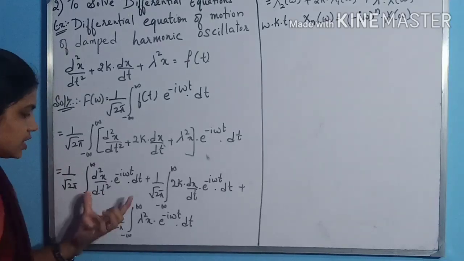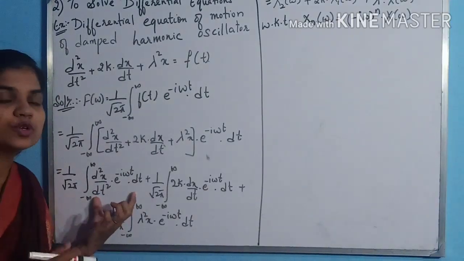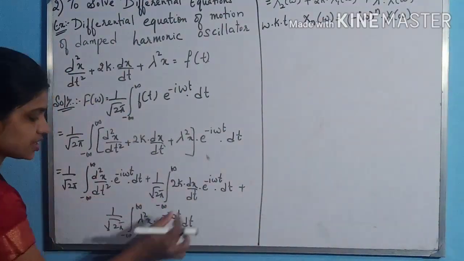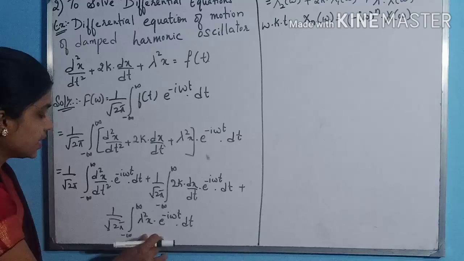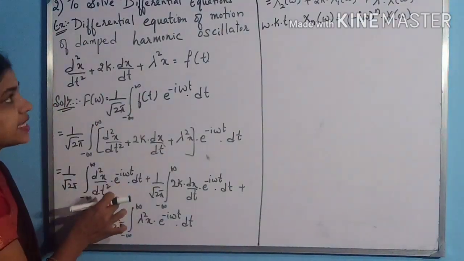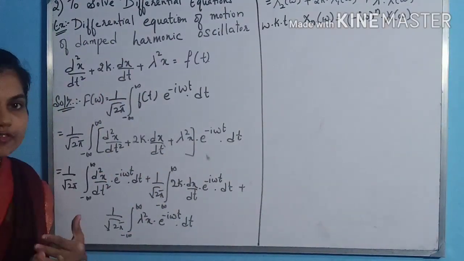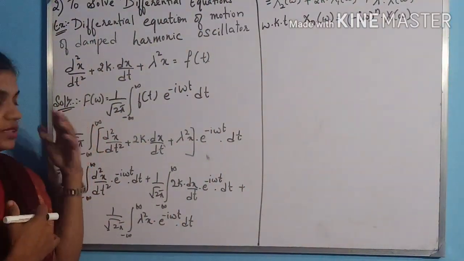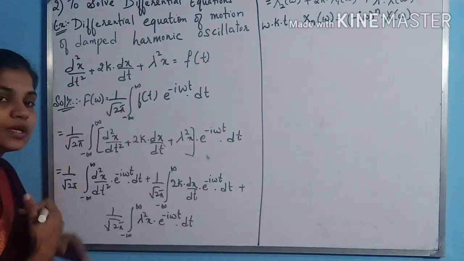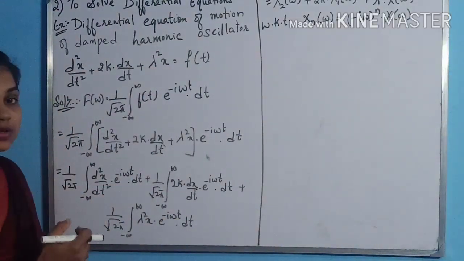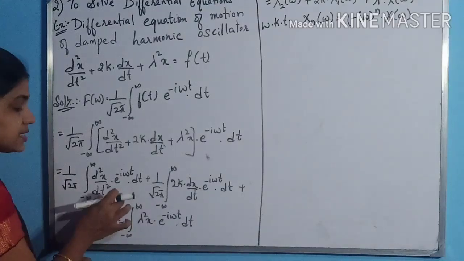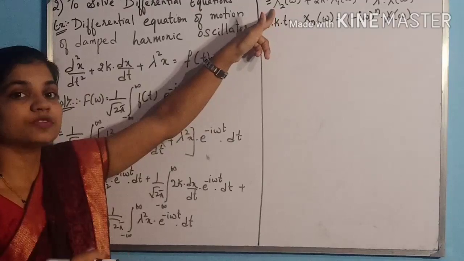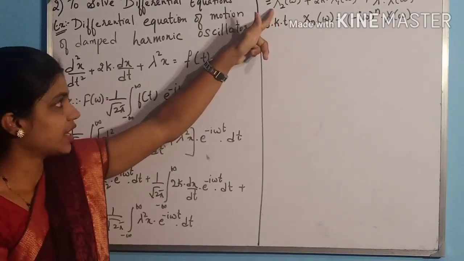Now if you observe, this is the Fourier transform of a derivative. So this is the second derivative, first derivative and not a derivative. Right? So this I can write as x2 of omega. I can't write f2 of omega because we are denoting f of omega on the other side. So this is with respect to x, so I am going to denote it as x2 of omega. So this is the second derivative. So I am going to write it as the Fourier transform of the second derivative of f of t.